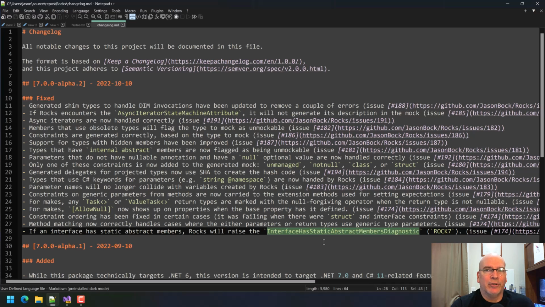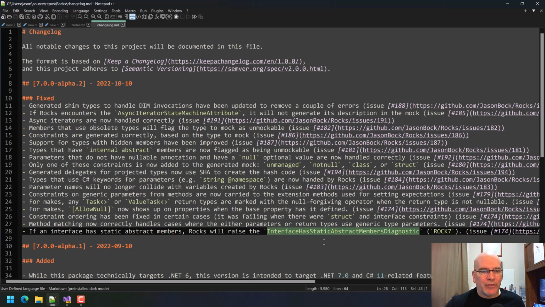I actually wrote an article about 2 years ago when I was dealing with this, when I had the reflection version of Rocks, and that allow null ends up in a weird spot and you have to handle it correctly. And I wasn't doing it for mocks. So it was funny because I was looking stuff up and I ended up finding my own article that I wrote a couple years ago. How many times does that happen?